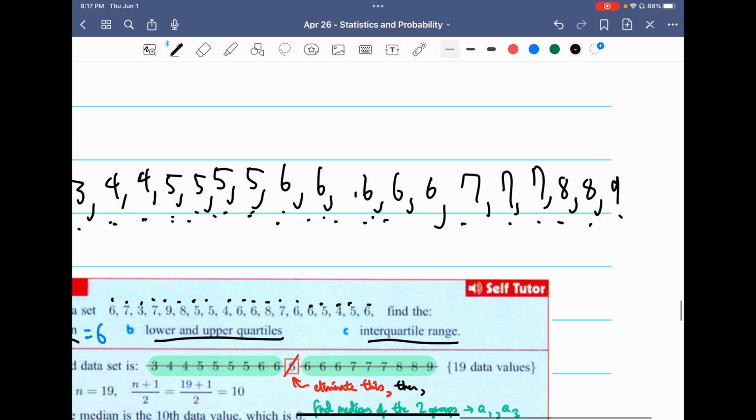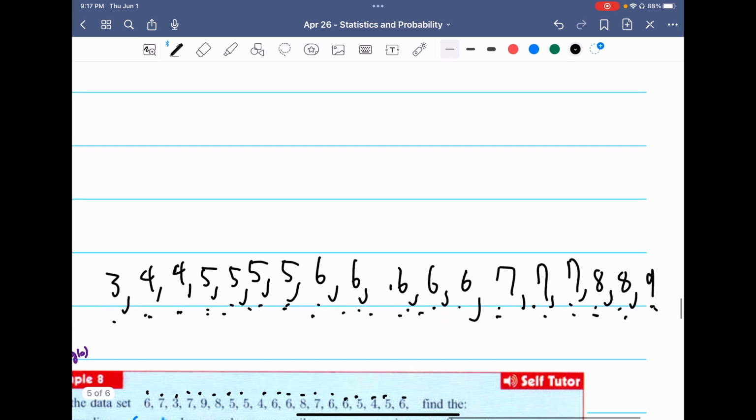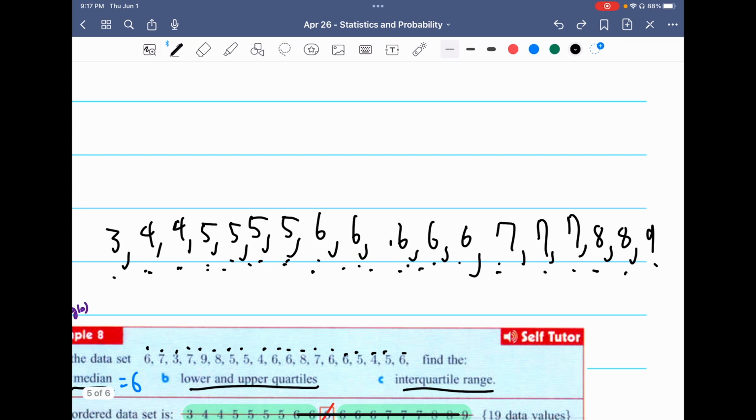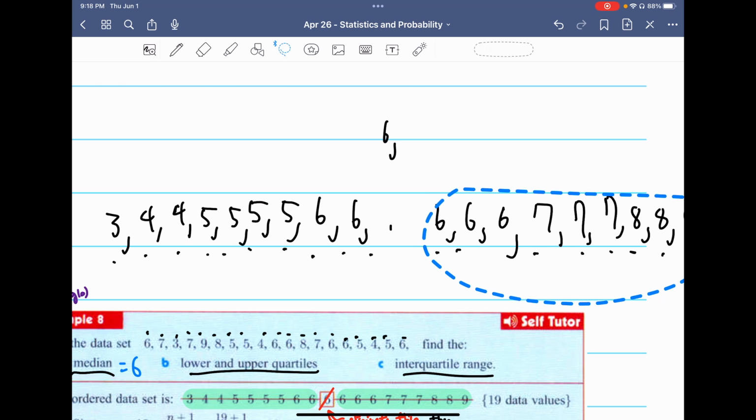And then the other side we have 1, 2, 3, 4, 5, 6, 7, 8, 9. So we're going to eliminate this 6. Now what we're going to do is we found that this number is the median. What we're going to do is we're going to eliminate this number. We're going to move it outside of the set. And now what we have is 2 sets of values